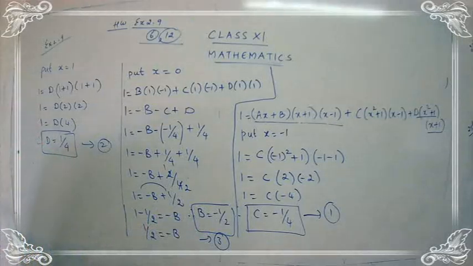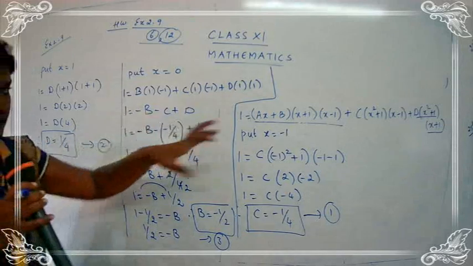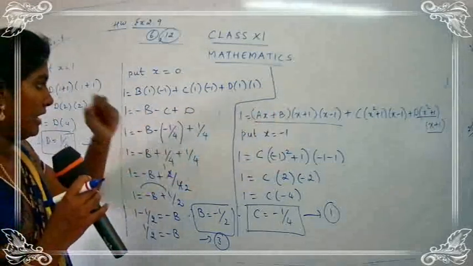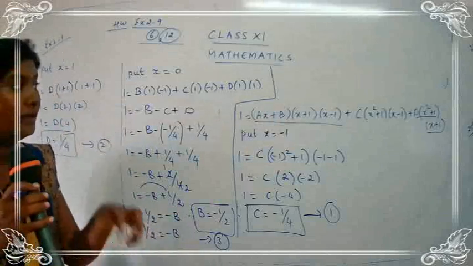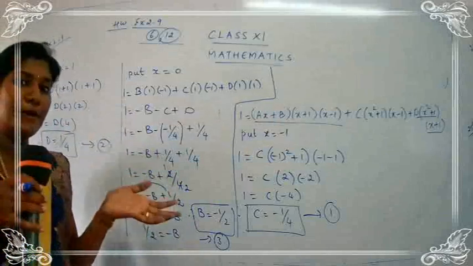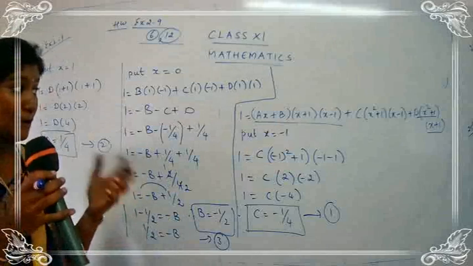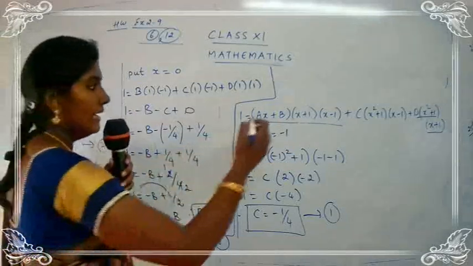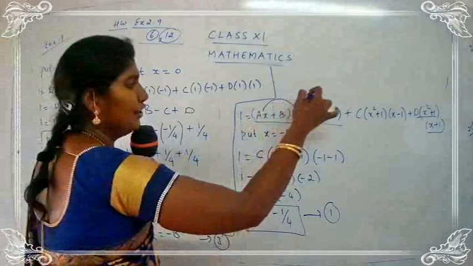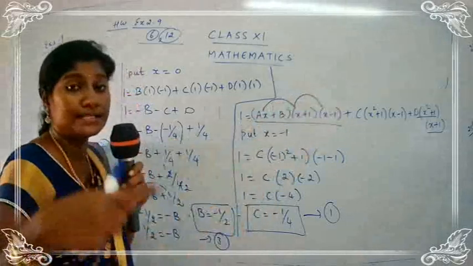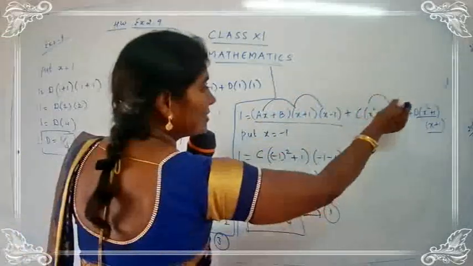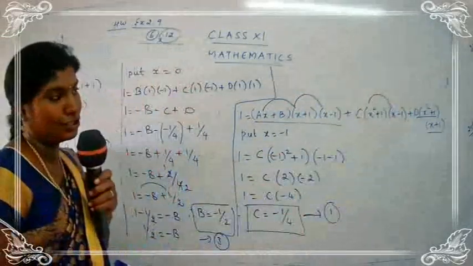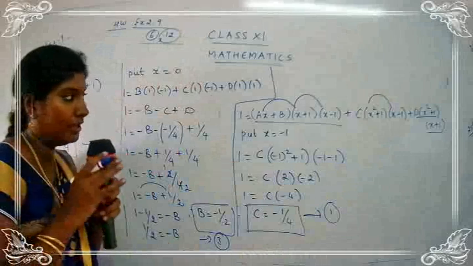Now one more thing is left. I have taken the possible values from here. Then I have taken the value for x as 0. Now one more thing is left. You are going to equate the coefficients of the highest power of x. Okay, you are going to take the highest power. Let's see here. x into x into x, x cube. x square into x, x cube. Are you listening to me carefully, children?